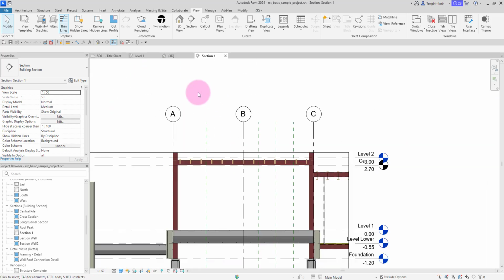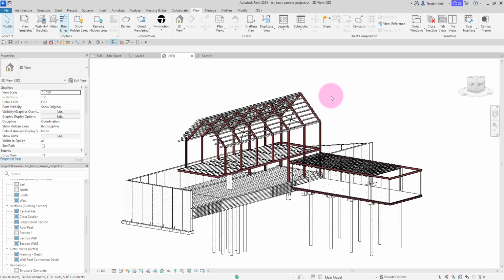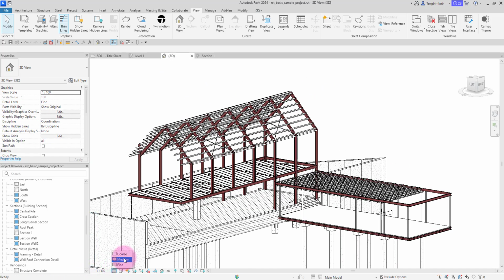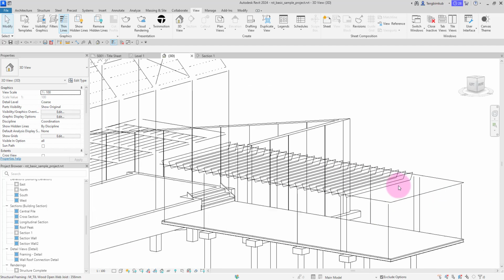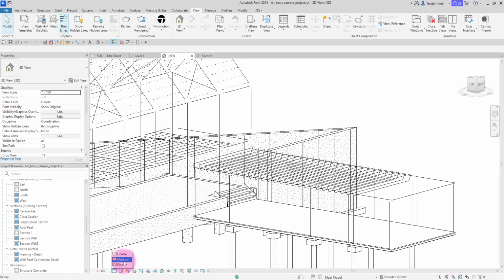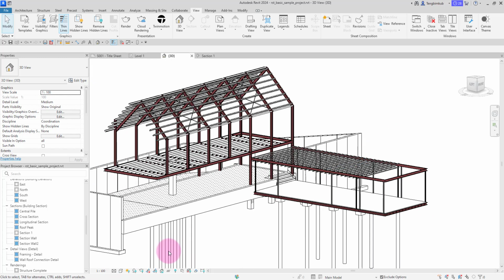Okay, you can test it in the 3D view also. If you change the detail level to Coarse, you will see only the single line for the steel members, and with Medium and Fine, the full shape. Okay,